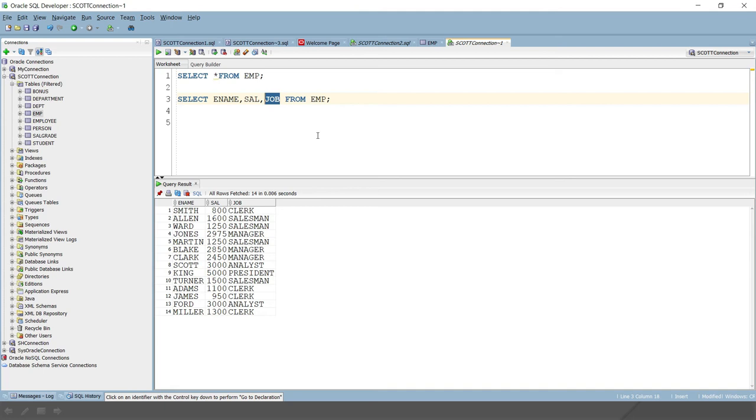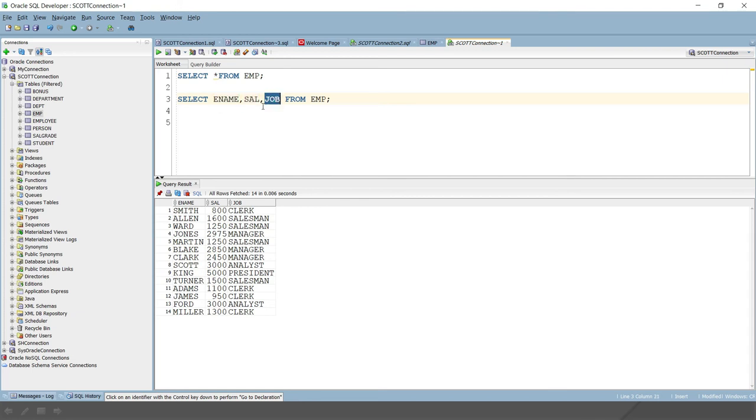Now let's move ahead, and here I would like to talk about some key points when you perform a select statement. The first key point says that the select and from clauses are required for any SQL query, right? The second point says columns are displayed left to right in the order specified in the select column statement. So first ename will be displayed, then sal, then job, from left to right.